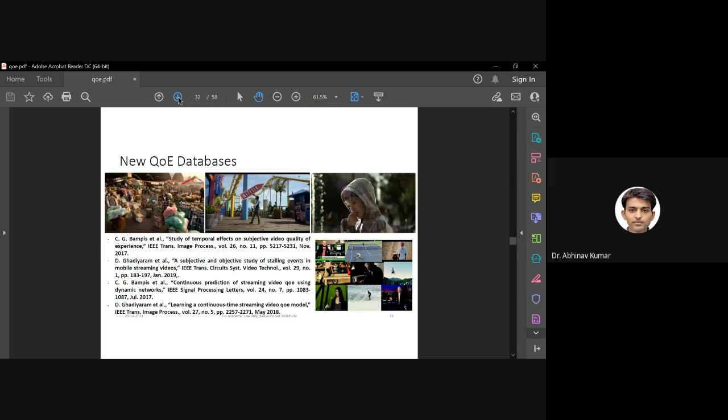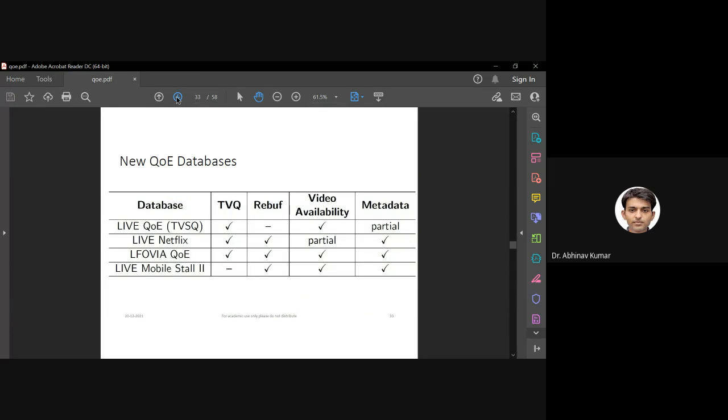Now, as I mentioned, there were several new databases for QoE, and a lot of them came up in parallel with their own subjective video quality assessment. They have their own models, and their own types of videos available in the dataset, and types of rebuffering instances also in one or two of them. So then, just a summary. Again, this is a slightly older summary. Things have evolved since then, but